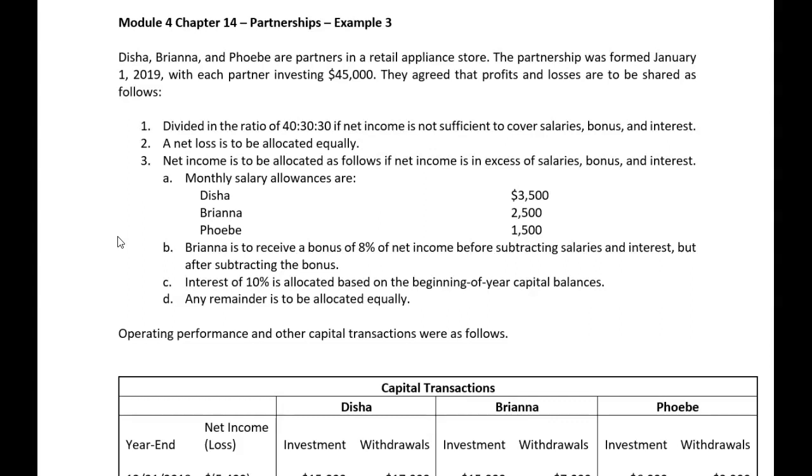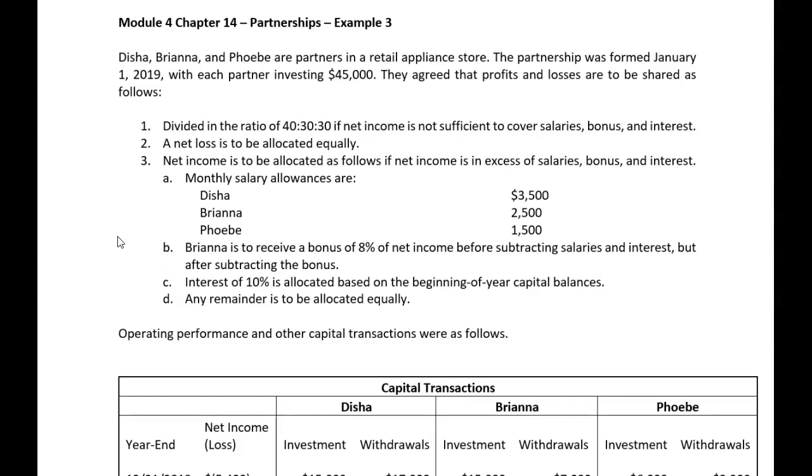Net income is allocated as follows if net income is in excess of salaries, bonus, and interest. So they've got 2 different ways to allocate the net income. Monthly salary allowances are provided to the 3 different partners at different levels. Brianna is to receive a bonus of 8% of net income before subtracting salaries and interest, but after subtracting the bonus, so we'll have to take a look at that